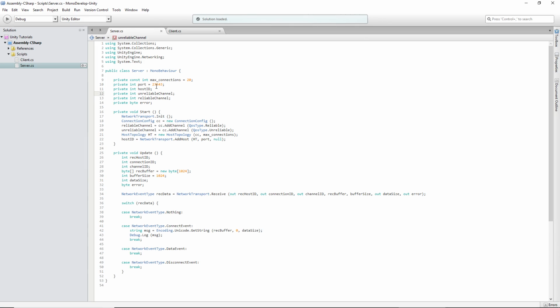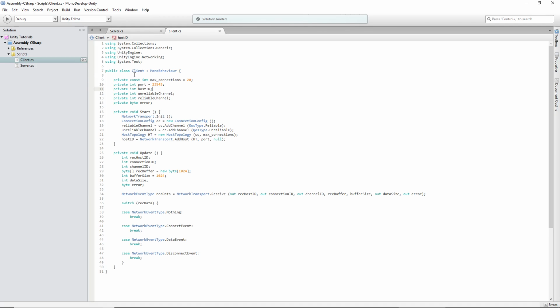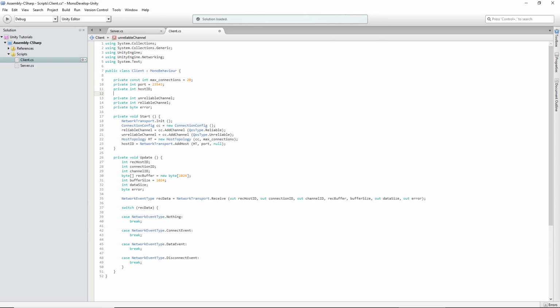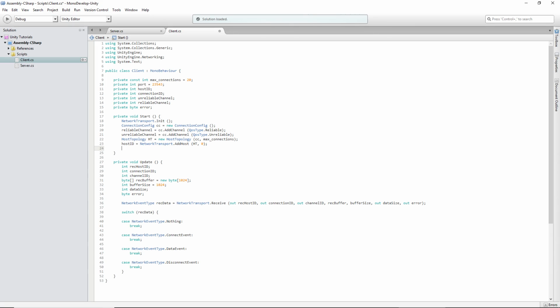Give me a second. Okay, over here on the client, we're gonna have to go down here, and if you copied and pasted it, make sure you change this to client, or at least whatever you named your client script. Go down here, type in private int connection ID. Then for the client, you need to go down here to host ID, and where we set it to add host, you add the host topology variable, and you just have 0 afterwards. And then you can go down a line and type in connection ID equals network transport dot connect, type in host ID,